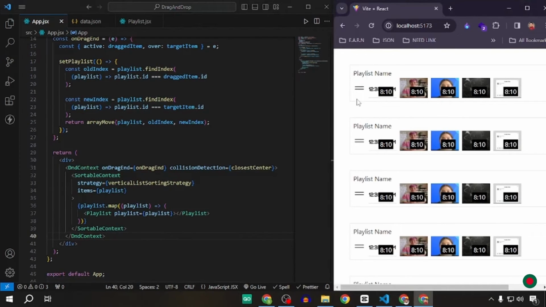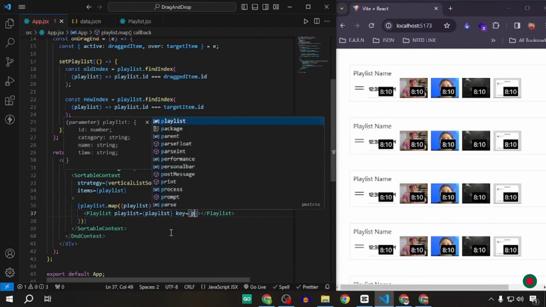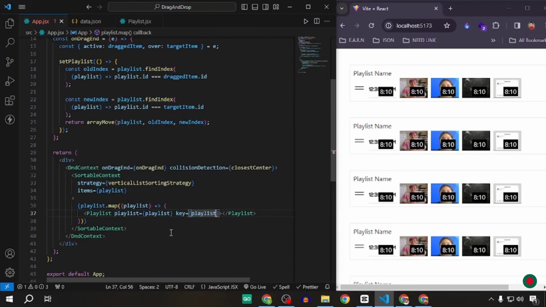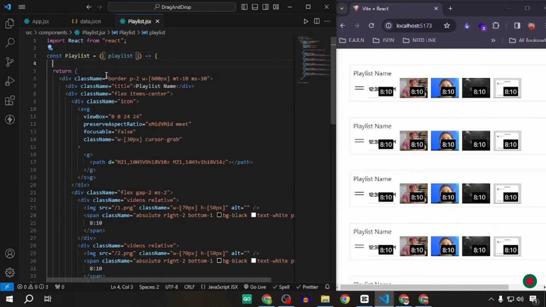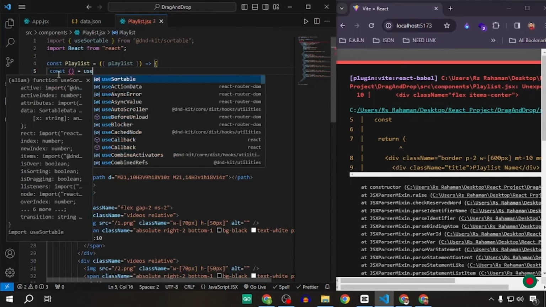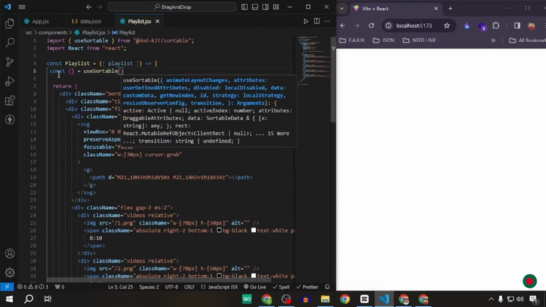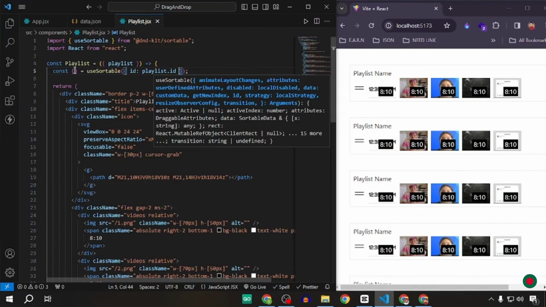My data is showing properly, but it does not work. I'm adding a unique key, it will be playlist.id. The parameter is playlist. I'm destructuring some props from useSortable. Make sure it is imported from @dnd-kit/sortable. I have to pass a unique ID here. id: playlist.id. transform,